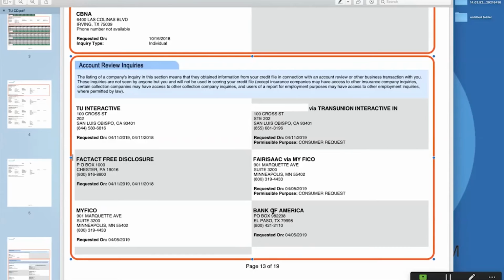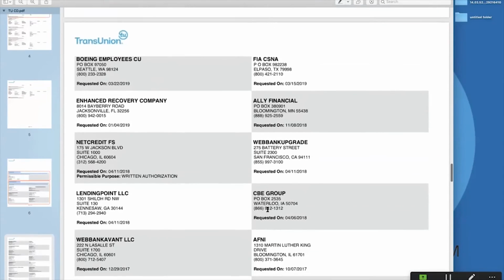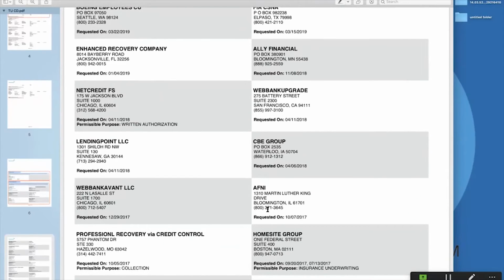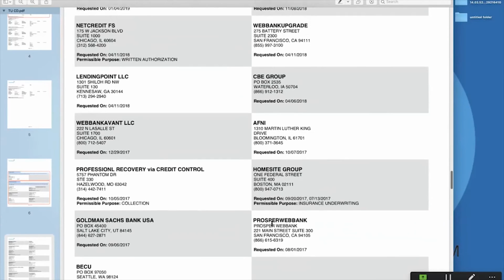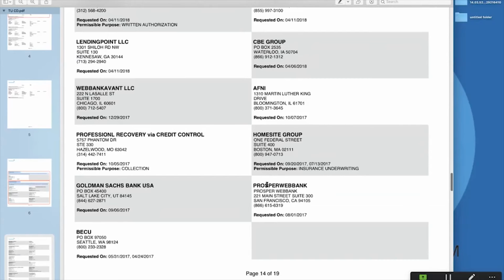So all of these account reviews are literally just reviewing. They're checking out, hey, is this person worth sending an offer to? We need to be opted out so we get fewer to none of these. All right. Here's a Goldman Sachs loan. Here's a Prosper loan. Each one of these is a marketing pitch. This is determining whether or not they want to send this particular borrower any advertisements or any opt-ins so that they can become an offer client.